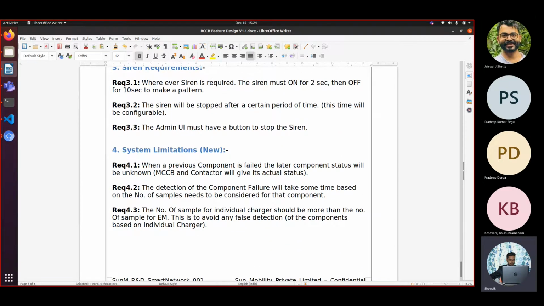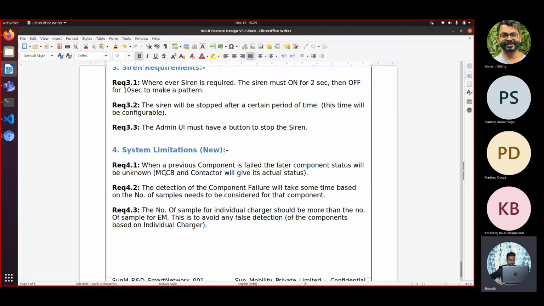Okay. So there are a few system limitations. Whenever a previous component has failed, we have no way to determine the next component's status. Like if the grid has already failed, we have no way to determine the MCCB status.